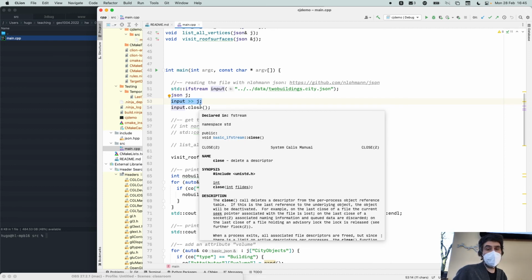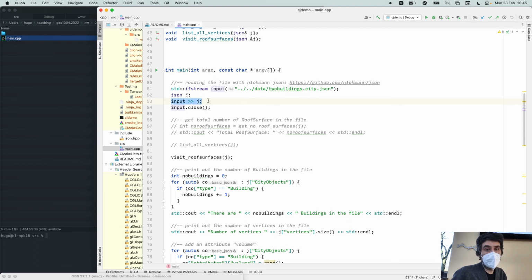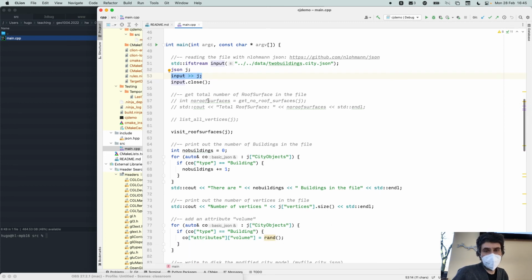So now this step here, since JSON is a combination of std maps and std arrays or vectors, std vector usually, all the file that I had with all the buildings, with all the attributes, everything, is automatically parsed to a set of arrays and dictionaries or a mix of them. It's a bit more tricky than that, you will see in a second, but basically that's what's happening there.